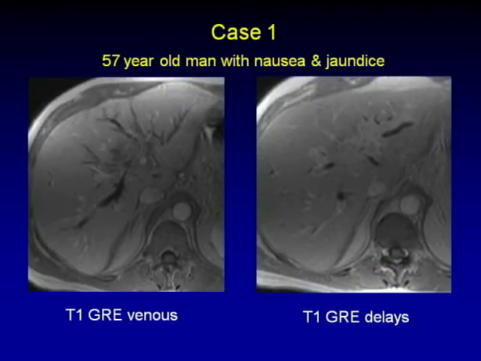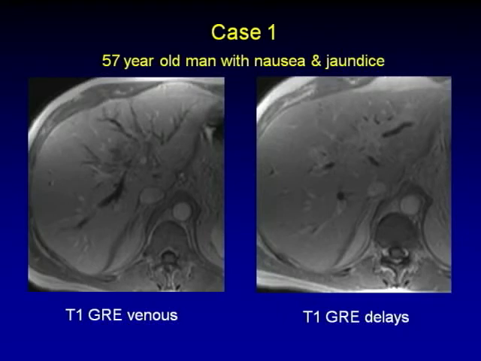So before I start, I'm going to just show you a few cases. I'll give you a few seconds to just think about what's going on. Case 1 is a 57-year-old man with nausea and jaundice. So here you've got a T1 weighted axial image through the liver, the venous phase of enhancement, and then the